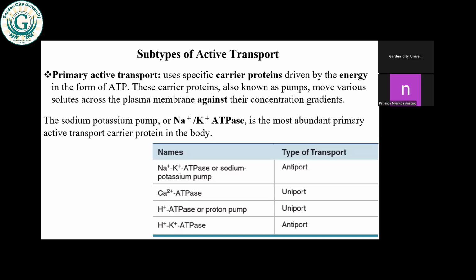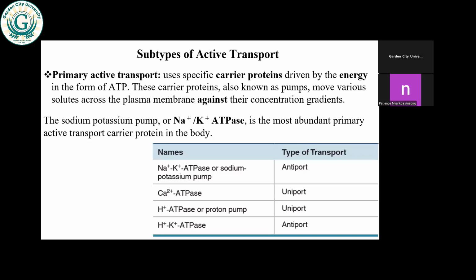So based on that, you can have some types of transporters. You can have the antiporter, you can have the uniporter, you can have the symporter. Antiporter is a type of transporter that is transporting two molecules in opposite directions. So when it's transporting one inside, one is also moving outside. Uniporter is transporting just a single molecule.